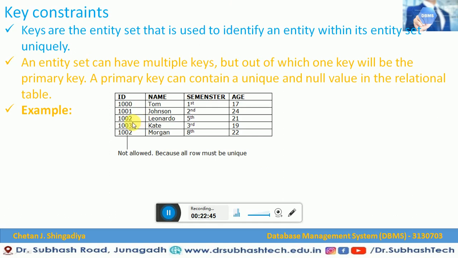So this is how we violate the rule of the key constraint, because the same ID records are there 2 times, which is not allowed according to the key constraint. This is the main concept of the key constraint. What should be allowed is either unique values, unique records, or instead of the record, a null value. So this is the key constraint in the relational data model of database management system.